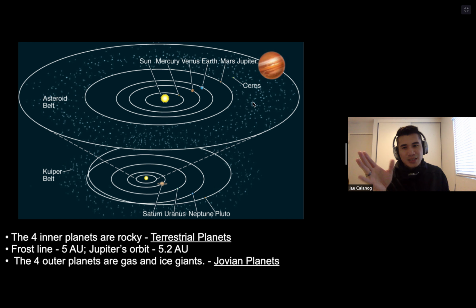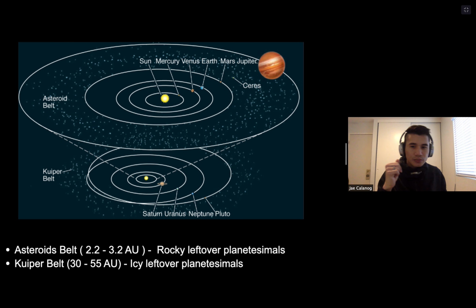And this is kind of a zoomed out picture in the very top panel. And they're all contained within this smaller orbit. And then past that, you can see that the 4 Jovian planets are much more widely spaced apart. And then in addition to the planets, this also explains why in the asteroid belt, which are these materials that